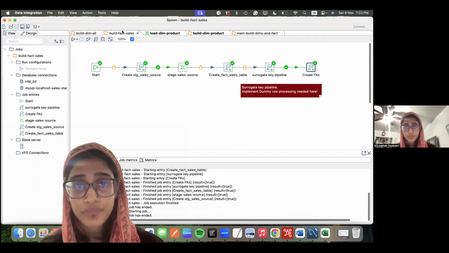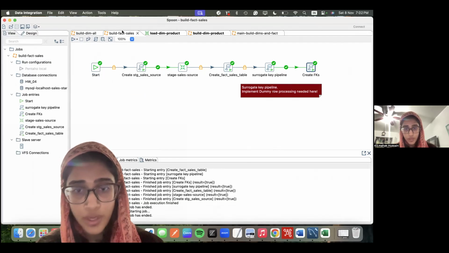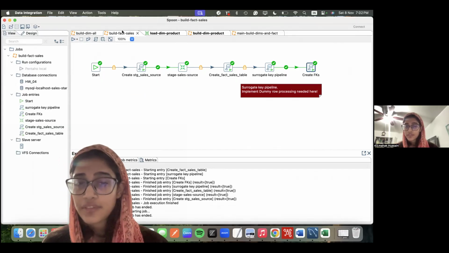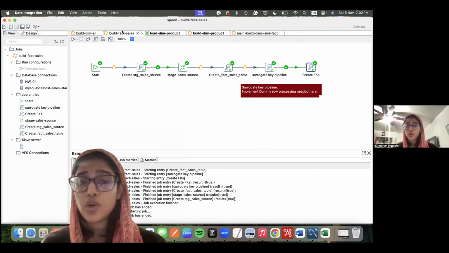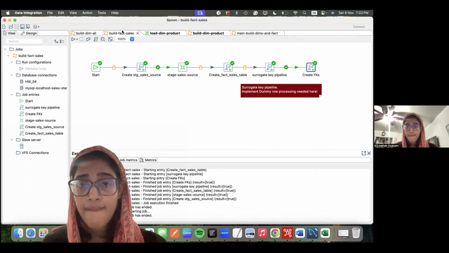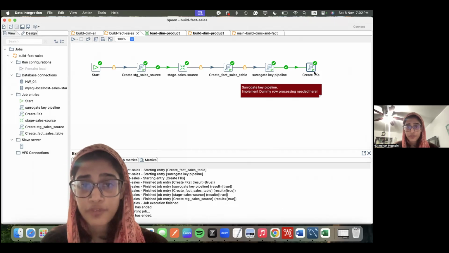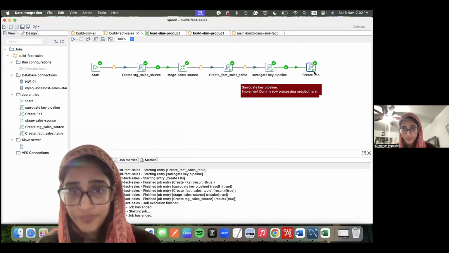Then let's move on. Here I have extended the surrogate key pipeline to look up products key by the product natural key. I used left outer join with dummy row processing so that missing product lookups return the dummy key -1. Also, I updated the create foreign key step here to add the foreign key constraint from fact sales products key to dim products key,